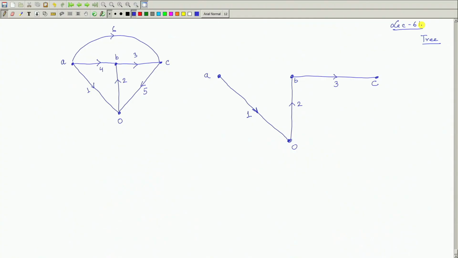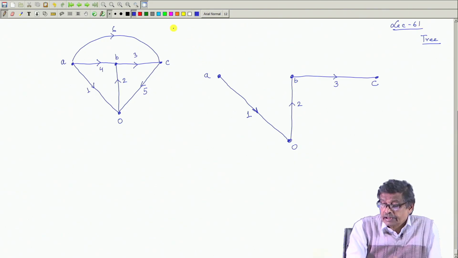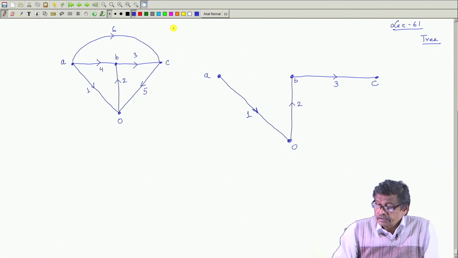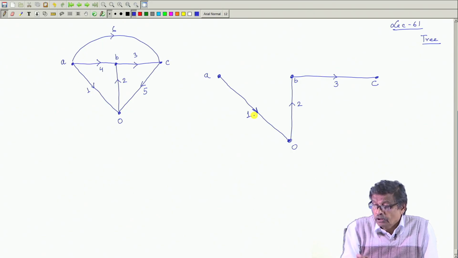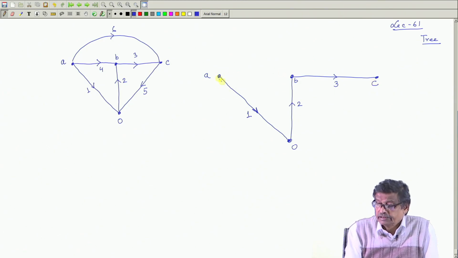We were discussing the graph and tree of a network. This graph we have discussed, the directed graph, is a full graph. Then a tree is a reduced form of this graph, in which all the nodes will be present and all the nodes will be connected, but we should not take any elements that form a loop. So, this is a valid tree,